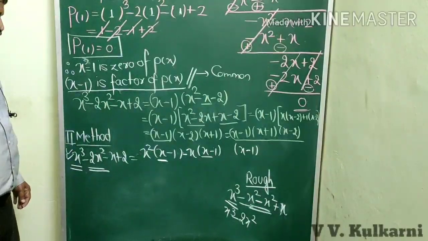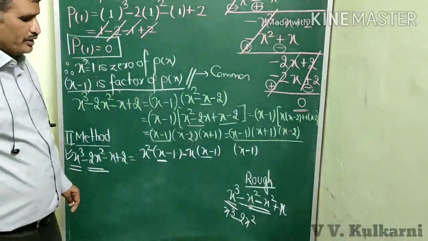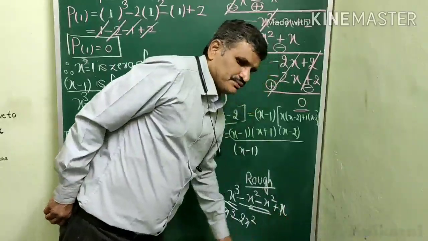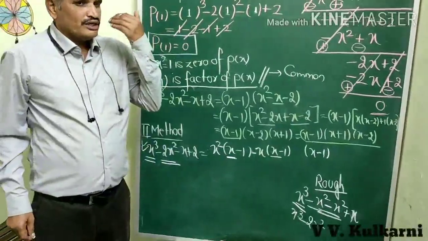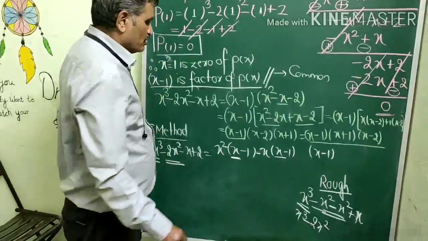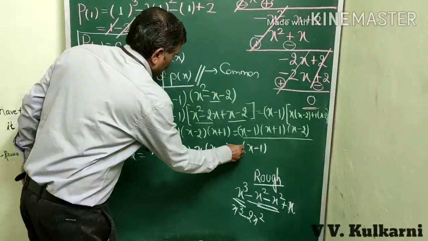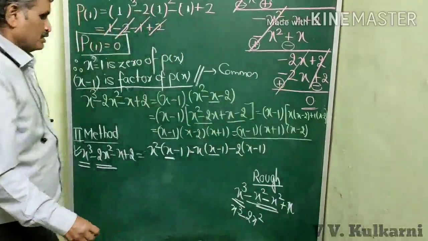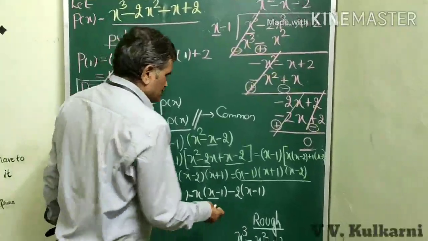Now the next thing that I should balance is, I should get minus x. Oh my god, here we are having plus x. So that means from plus x, I should get minus x. Now how to do that? What I do is, I will multiply by minus 2. So in that case, let us see what happens.